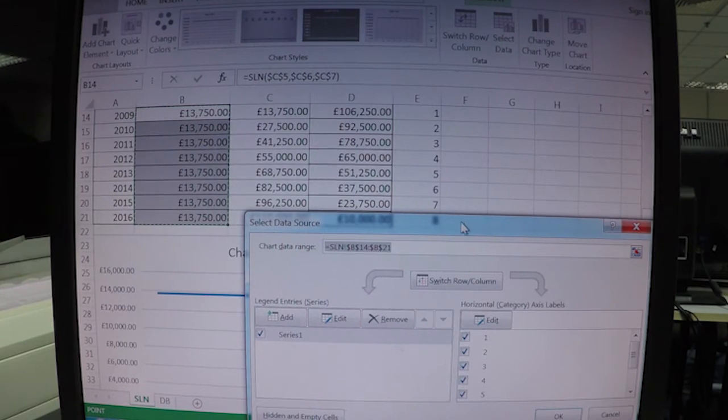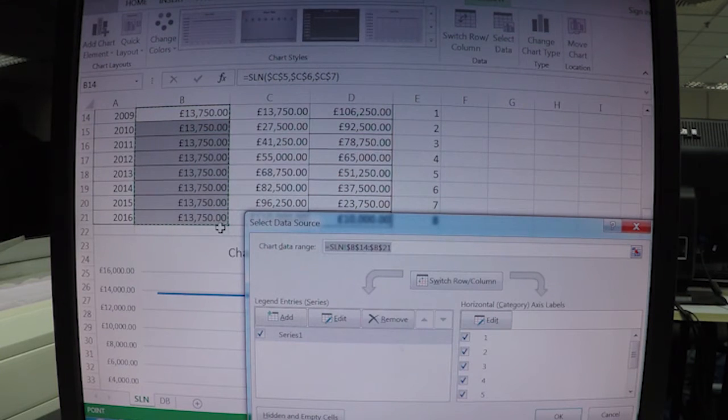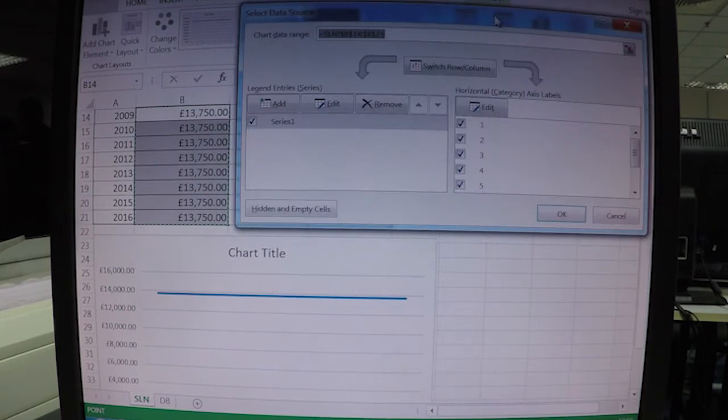So you have an option of editing your legend entries and editing your horizontal axis label, because it seems that you have a general plot or a general indicator for your horizontal axis where you can be more specific based on the schedule here. Okay, so to change your horizontal axis, now